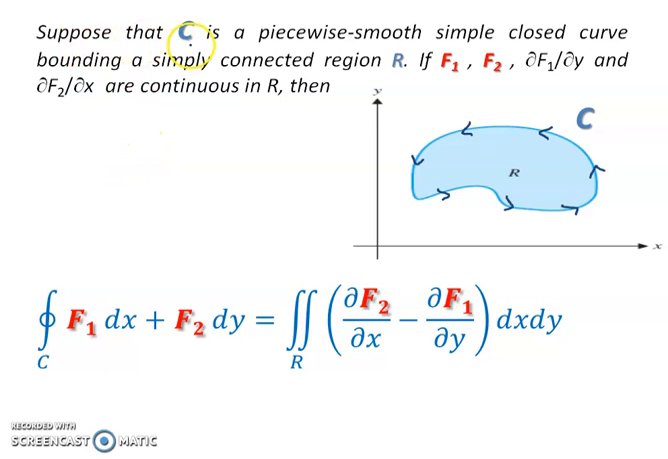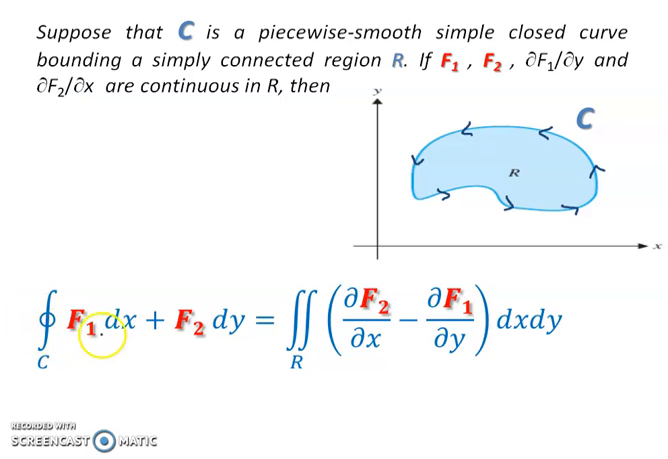Suppose that C is a piecewise smooth simple closed curve. This is C. C is bounding a simply connected region R. So the boundary of this region R is the curve C, which is a closed curve. If f1, f2, the partial derivative of f1 with respect to y and the partial derivative of f2 with respect to x are continuous functions in R, then Green's theorem states that a line integral along a curve C, a closed simple curve